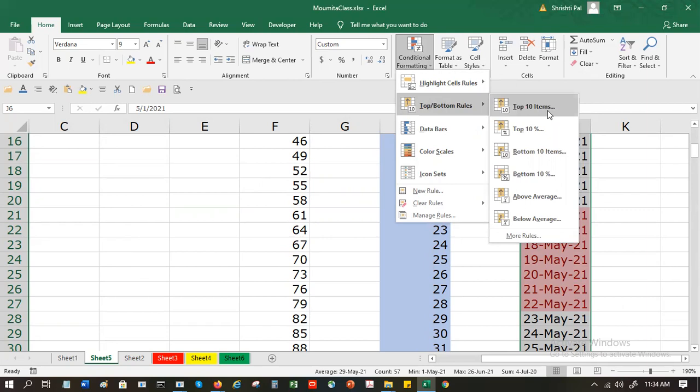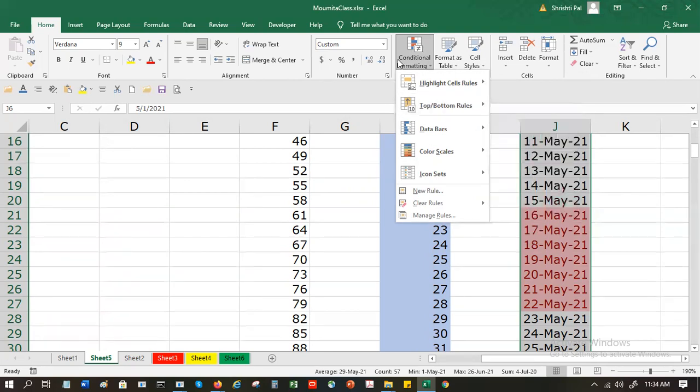We saw the top 10 items, 10%, bottom 10. You can have above average, below average. From the numbers, it will auto calculate the average and do that. Below average, above average. You want to try this on your side?